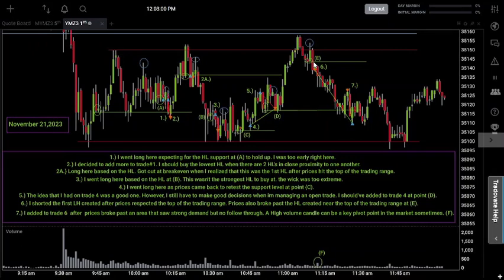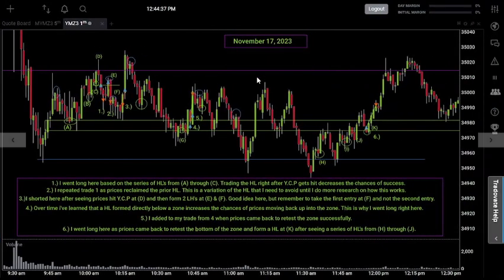in the past. So let's go through a couple of examples and get an overall gist of exactly what I was trying to do right here. So we go back to November 17th. We also had a range bound day. Now look at what happened up here at D and E. Notice how once we came back to the top of the range at 35,017, we made a lower high right